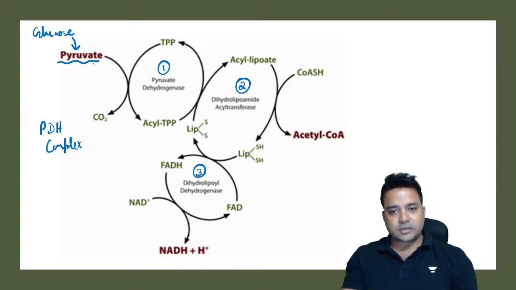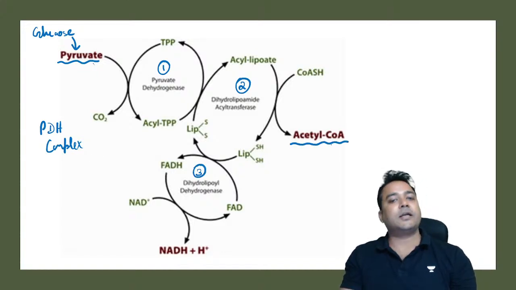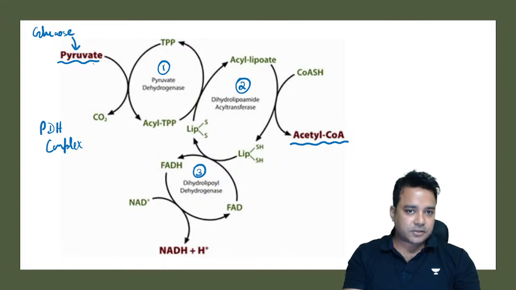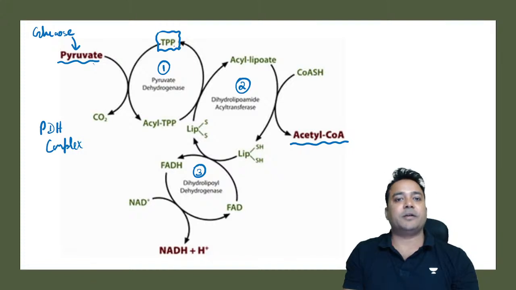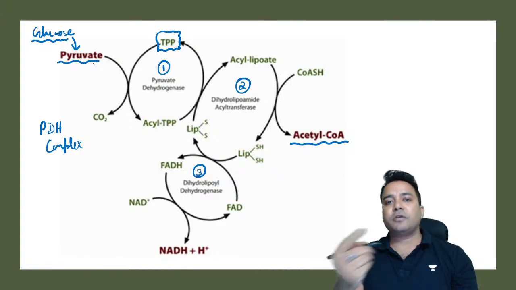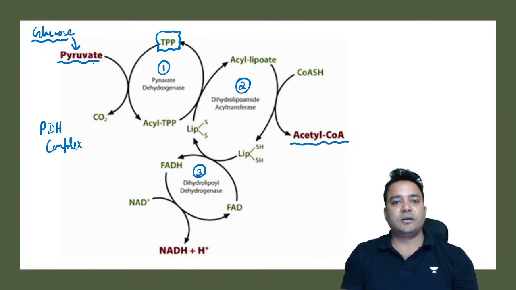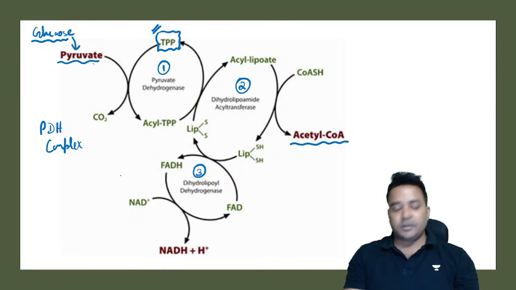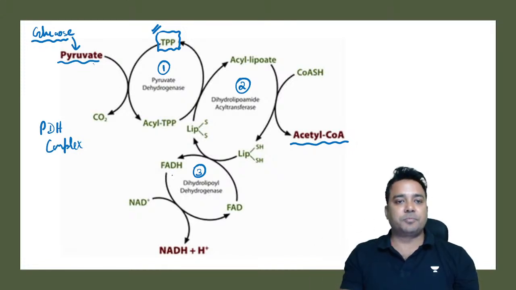This PDH complex converts pyruvate into acetyl coenzyme A, and the first enzyme subunit needs this cofactor, thiamine pyrophosphate, the active form of thiamine. If the thiamine level is low, there will be no usefulness of giving glucose supplementation unless the vitamin B1 levels are full. In fact, it will be deleterious for the patient because if you give glucose without replenishing the stores of thiamine,